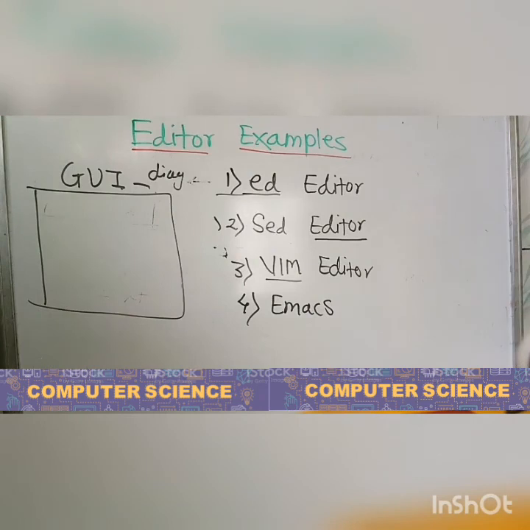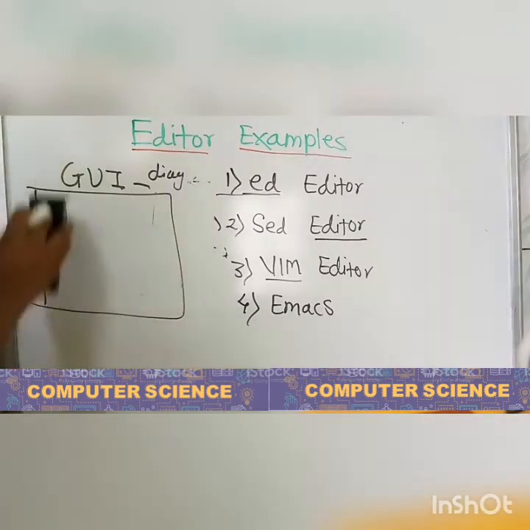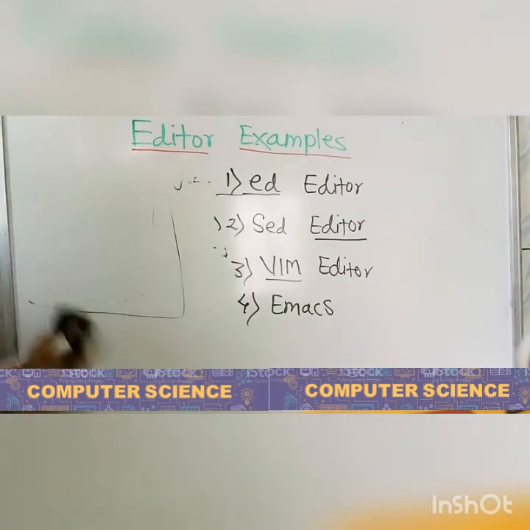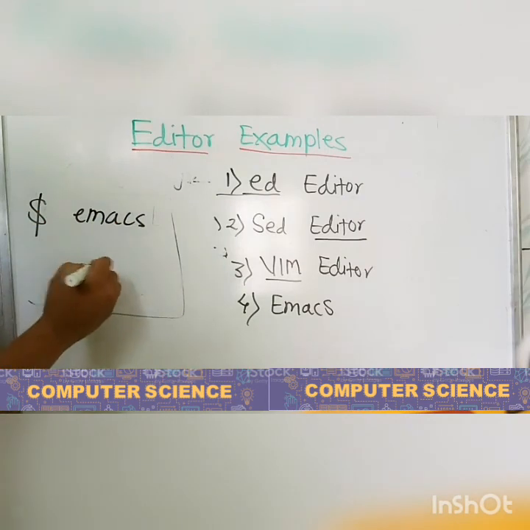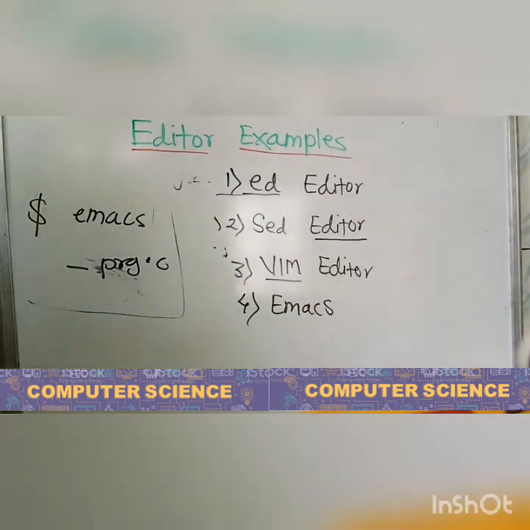Which are the different commands used in Emacs? Suppose we have to edit any file using the Emacs editor, then we have to type the command $emacs and specify a program name and its extension, for example program.c. The console mode window appears along with a short introduction and help screen.